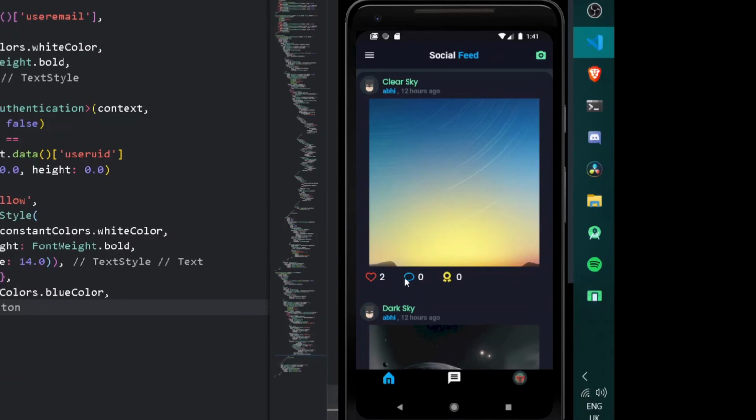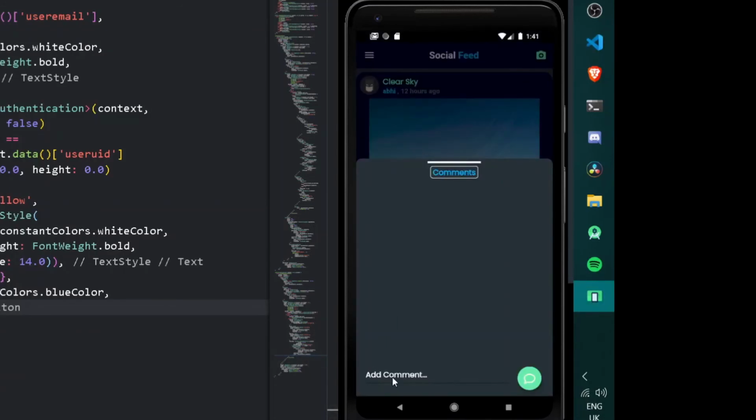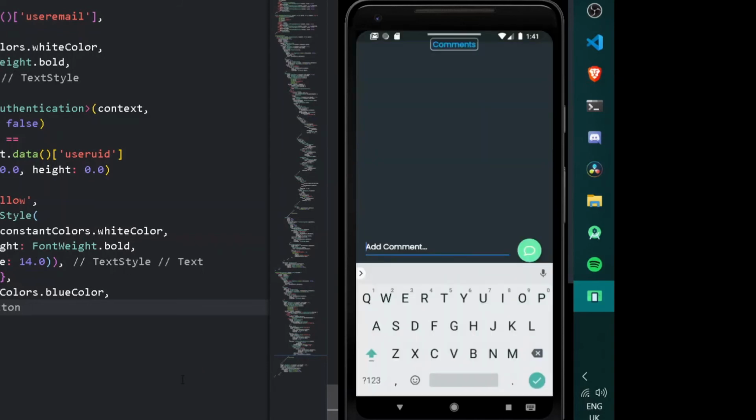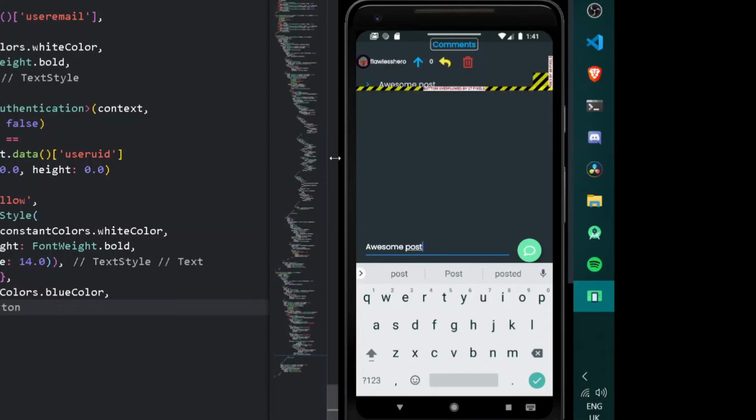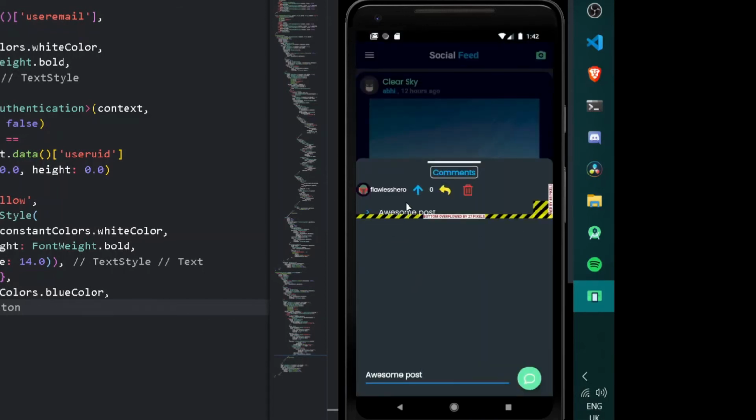For having that, we can go under our comment sheet. Let's open the following thing, that is our text field. Cool, so now let's try one of the comments, like awesome post or any sort of thing. Press enter. But here you may observe that we are getting all the jumbled data. So let's make it a correct one.